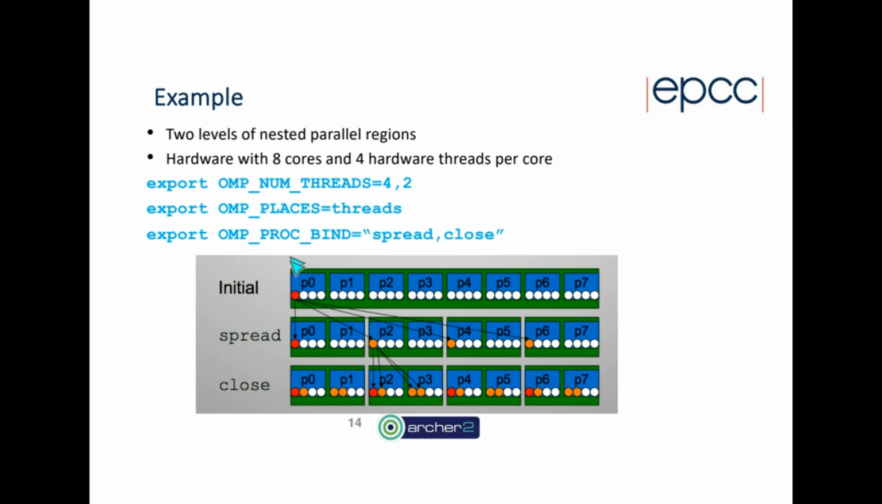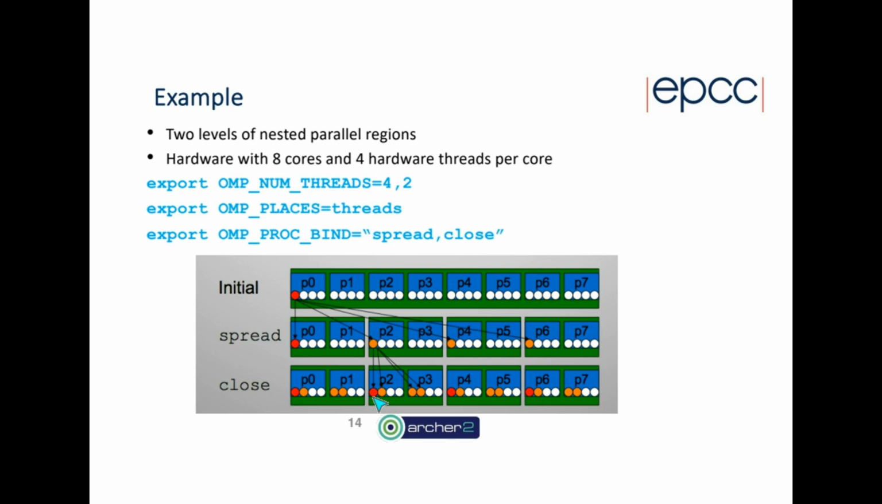So my initial master thread would run on hardware thread 0 on core 0, so that's here, and then I would get 4 threads at each of the next top level parallel region, and I ask for spread, so they'll be spread as far apart as possible across the cores and hardware threads, and then close in this case would mean that I would actually get